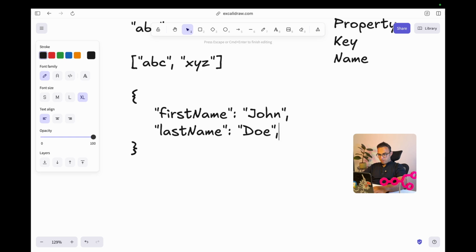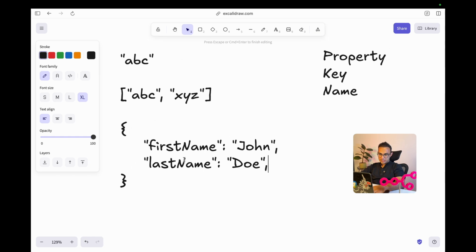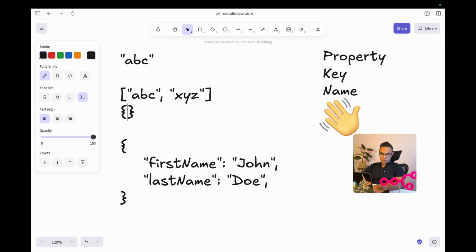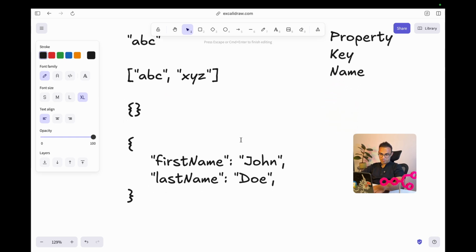Now, the next thing that will happen from here is an object can have nested objects, can have multiple pieces of objects. What do I mean by that? In that, multiple nested objects can be of an array and can be of another object. These two possibilities can be there.